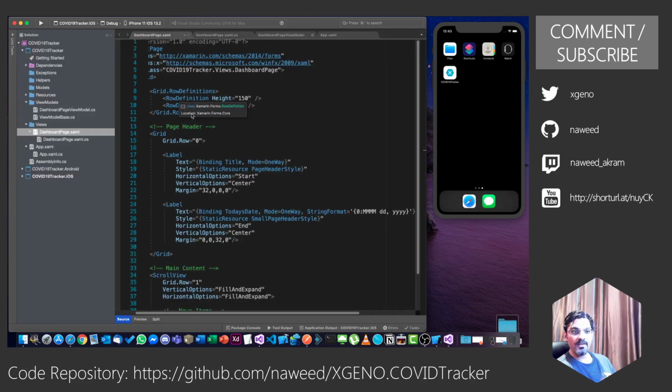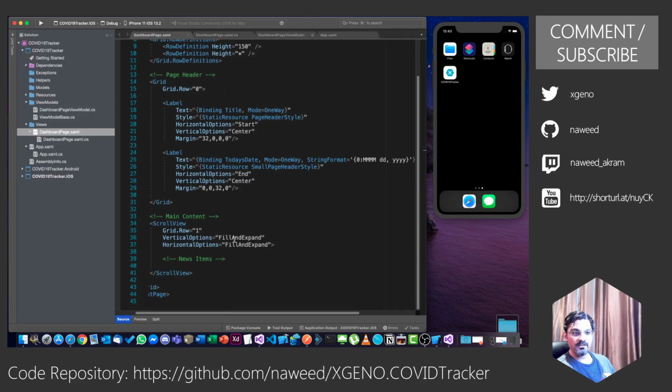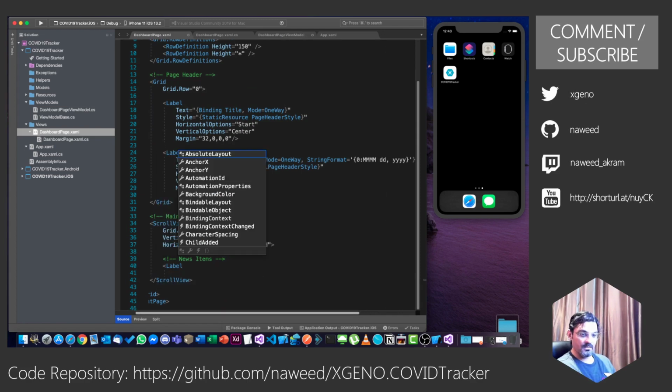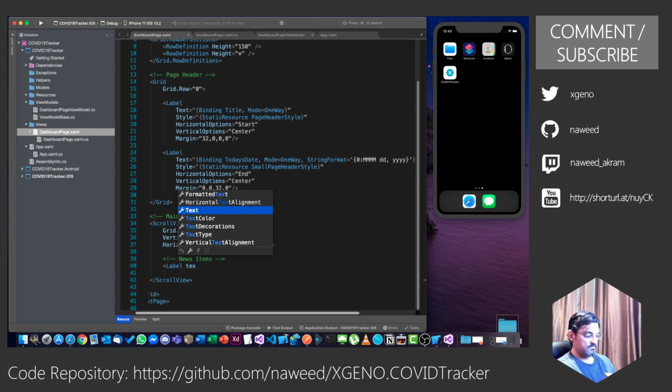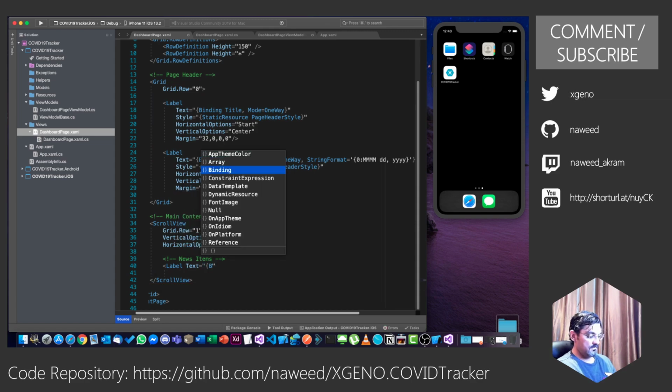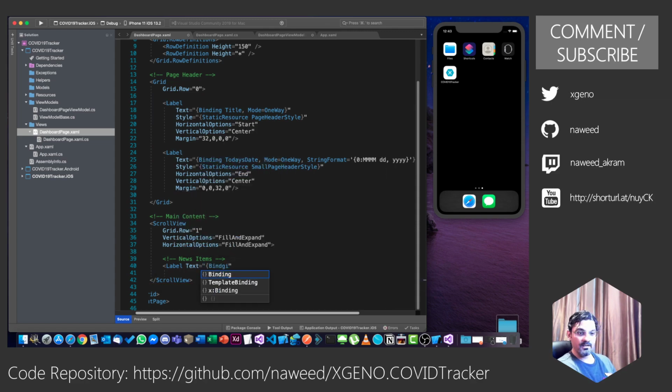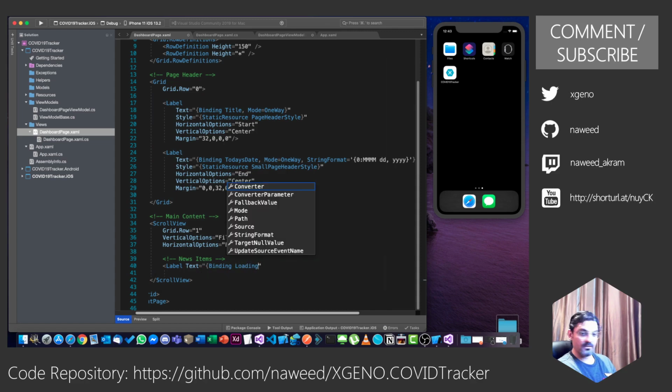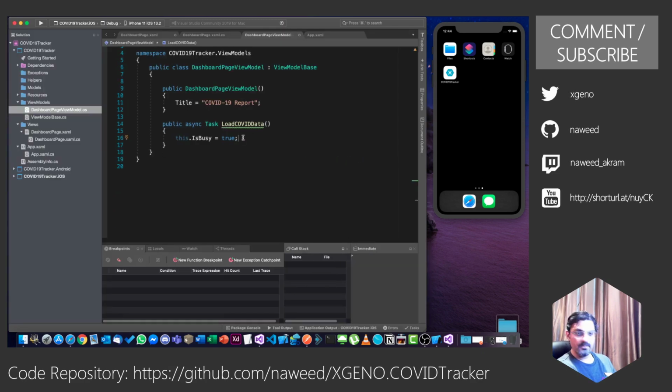Now if I go back over here and just put maybe a label over here, label text is equal to binding, let's call it loading text, and we will say loading text equals to, let's call it just loading data.